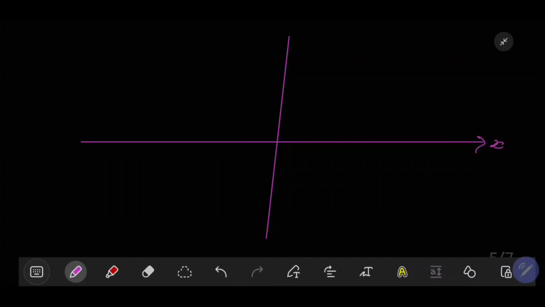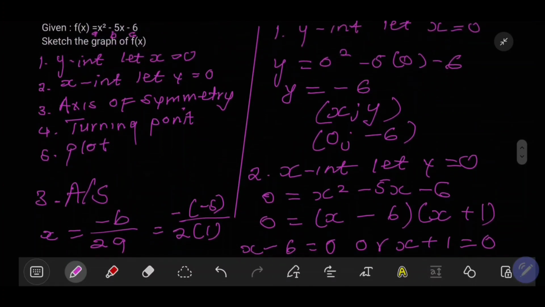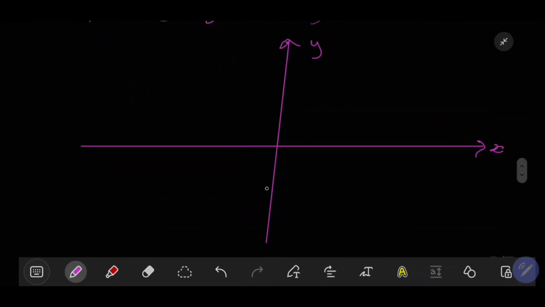Then this is our x-axis, then this is our y-axis. So the first point that we calculated here was our y-intercept, whereby the point is (0, -6). So (0, -6) is somewhere around here. This is the point (0, -6). And then we